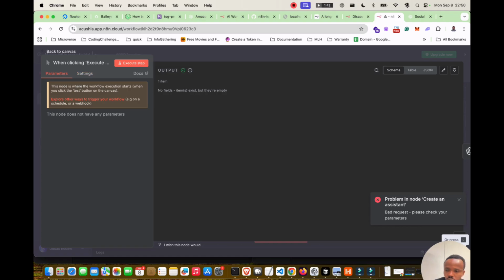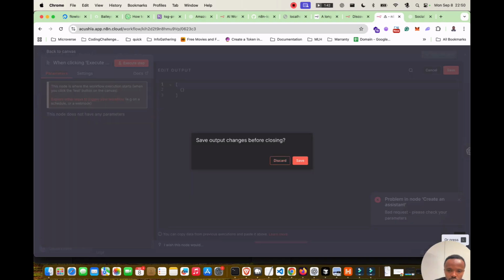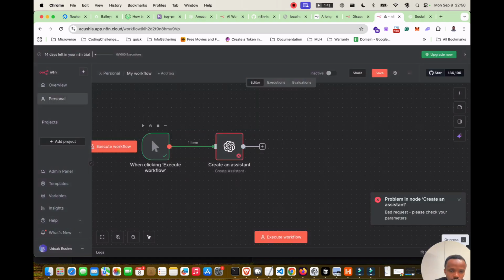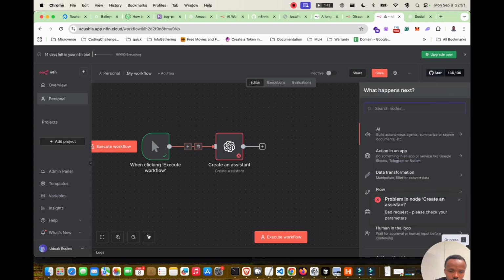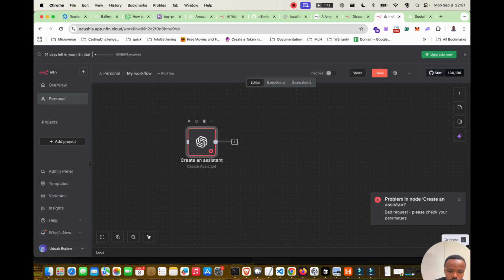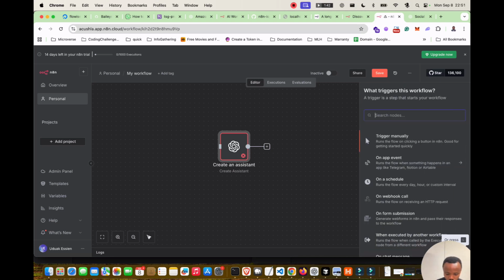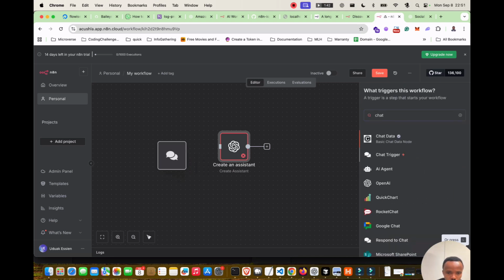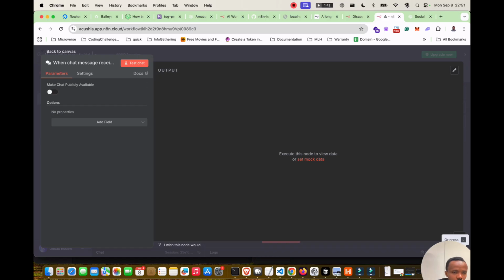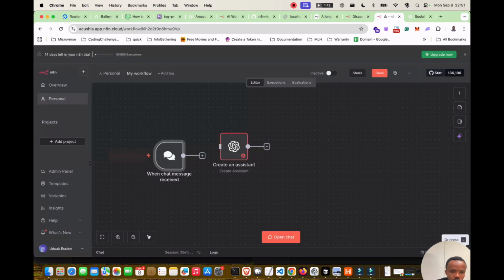No fields. So this is a chat trigger. I don't need to add anything, so this is for chat messages, yeah. So if you open chat,